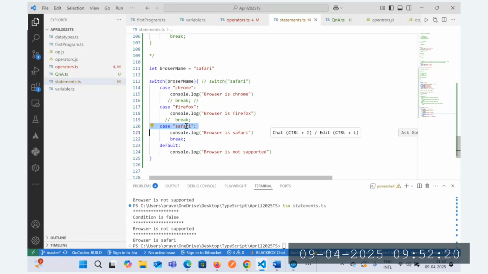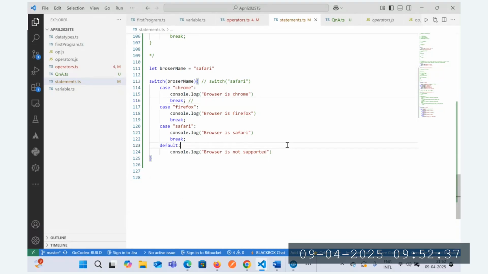So switch will not validate all the conditions, all the case values. It will just check, do we have any case value available? If it is available, it will directly jump to that block of code. And that's where it used to be a bit faster in terms of execution than the if-else-if statement. Now